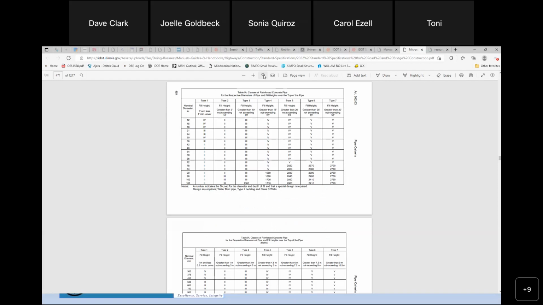So here again, not only do you have a class of pipe, you've got a diameter of the pipe that you're using. You also have a type of pipe, and the type of pipe depends on what that fill height is. So if it's a 1 foot minimum cover and less than 3 foot, you're going to be using a type 1. Let's say it's something that's 15 to 20 feet of cover, then you're going to go over here and that's a type 4. So here again, you've got to be sure that you're looking at these tables. You look at, hey, I need a 24 inch. It's got a 16 foot height cover. I'm going to need a type 4